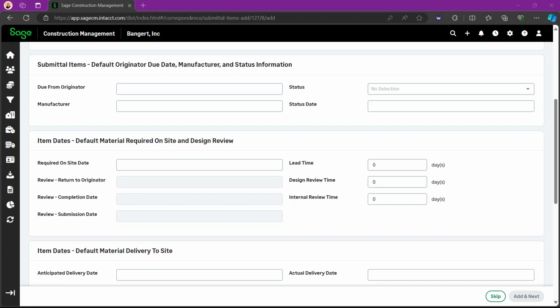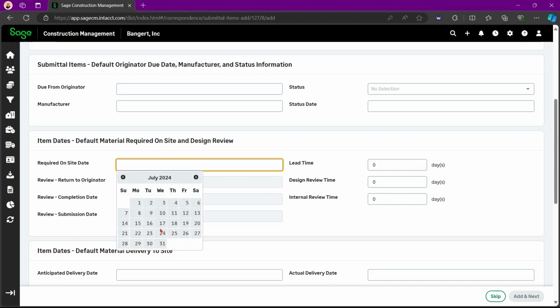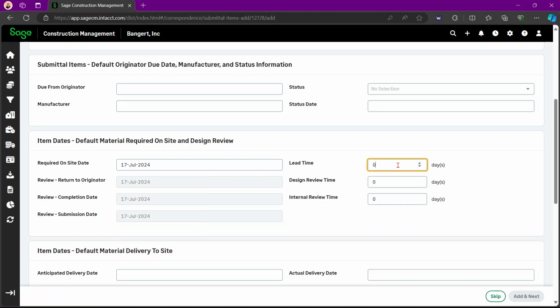The material required on site and design review section using the lead time are new over here on this side, and those will change whatever's over here. So let's say it's July 17th, lead time of 24 days, design review time of 20 days, and internal review time of 7 days. And the dates over here will change.